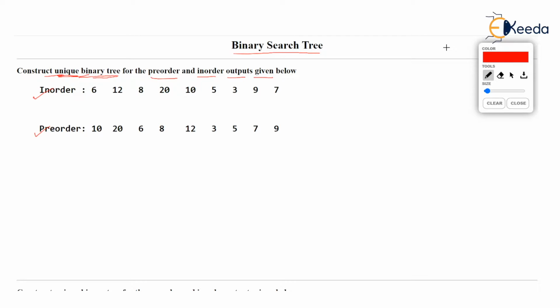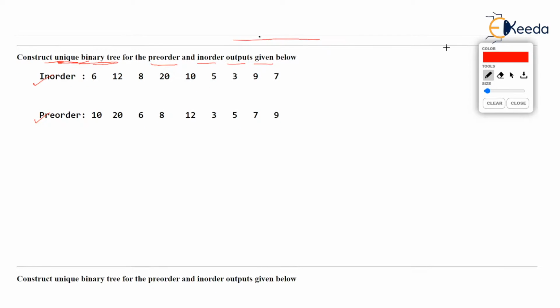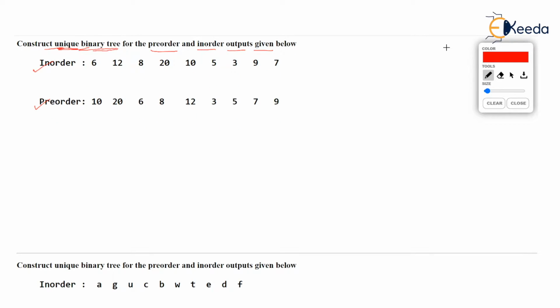Just in the previous videos, we saw if the tree is given, how to find in-order, pre-order, and post-order. Now we are doing exactly the reverse engineering. We have been given in-order and pre-order, and we want to find out the tree. So the procedure is as follows. What do you know about pre-order by now? All students who have seen the earlier videos know that the very first value printed in the pre-order traversal is always the value of the root,